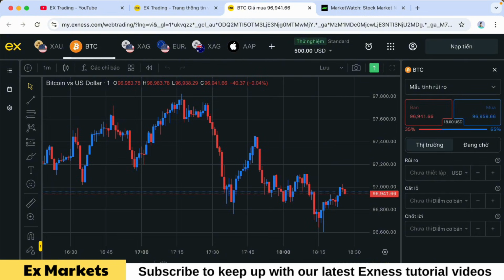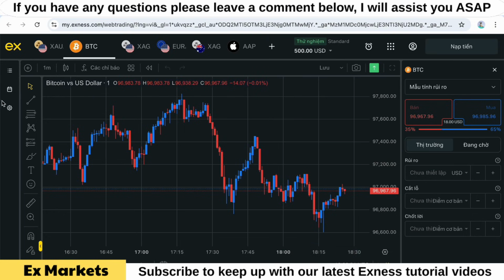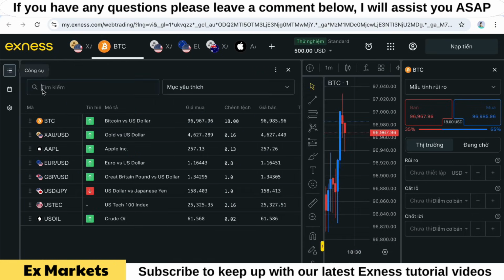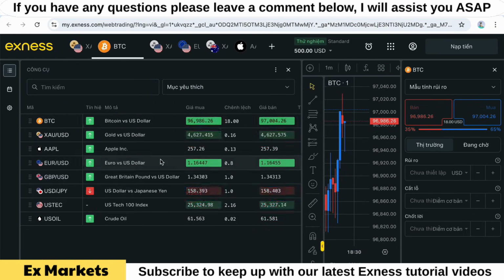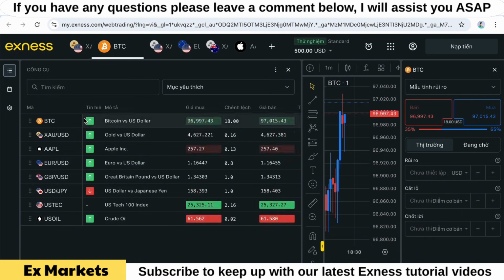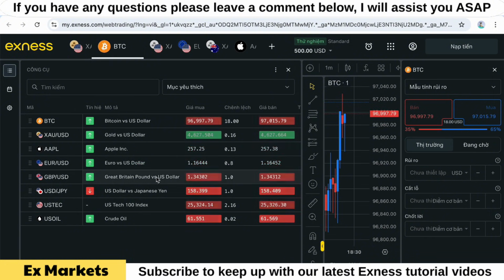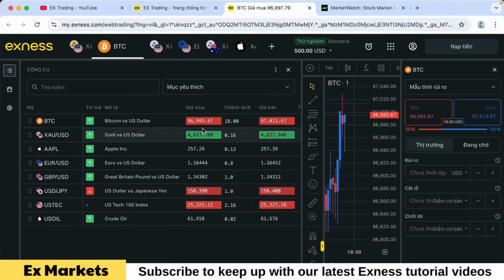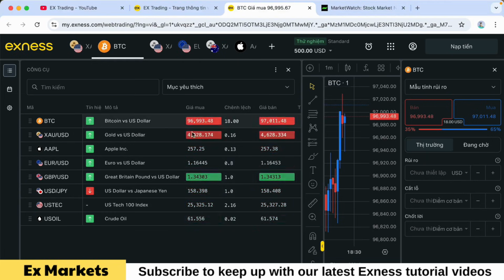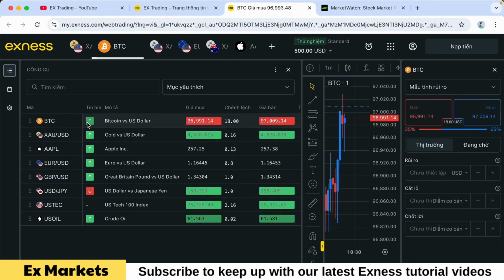To install Exness Terminal Screener, you can access it directly within the terminal tool. Simply go to the web terminal and click here. As you can see, the tool filters and shows you which pairs are currently performing strongly or weakly. Pairs that consistently show up like this are performing strongly. Pay attention to the red and green arrows as they indicate the current market trend and whether it is rising